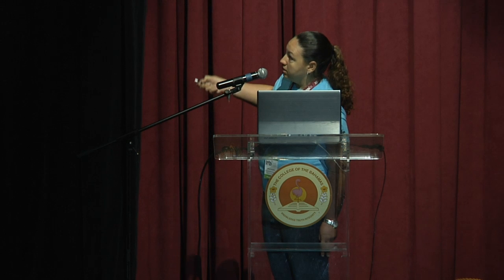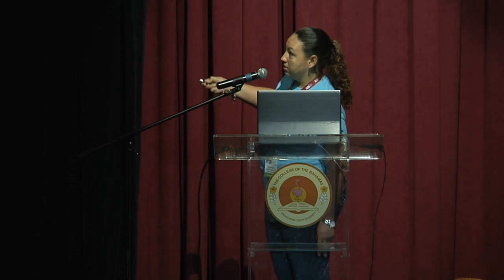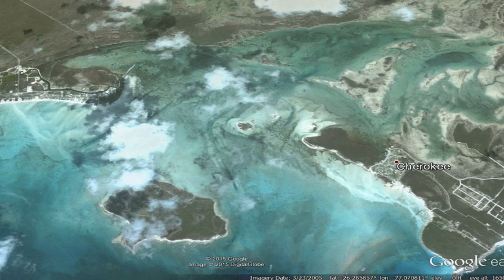As you can see from this photo, Cherokee Sound is a large protected area. There's an abundance of seagrass as well, and there are also mangrove areas, but there are also some freshwater blue holes. There's one over here in this canal and one right over here in this area, and Georgie was observed utilizing those, but Georgie does not have the best luck at all. So another hurricane came, and Georgie actually had to be recaptured again